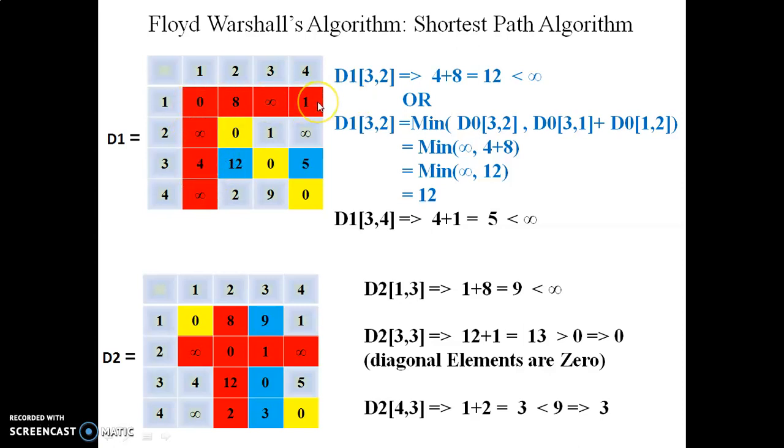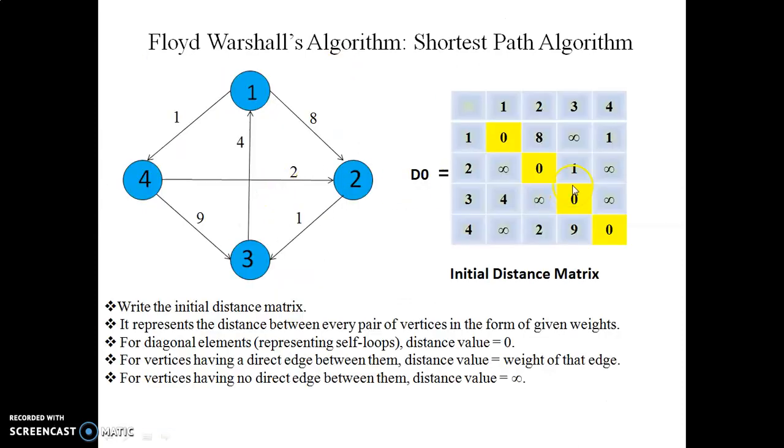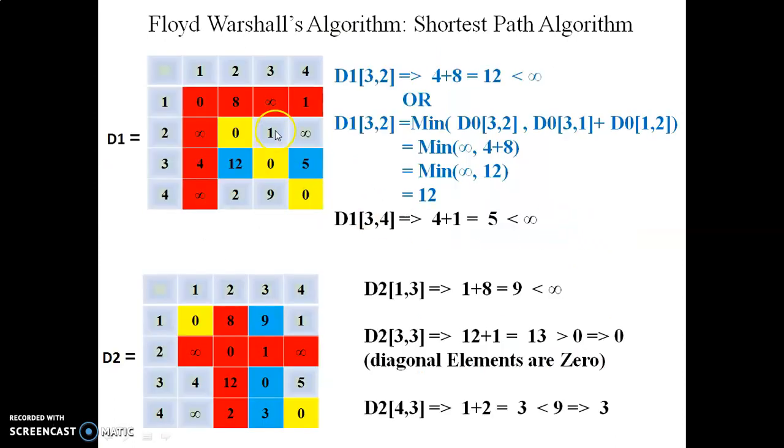Now once you write this first row and first column, you have to observe the infinity index values. Whenever there is an infinity index value, that particular column or that particular row will be marked with the same index values as that of the initial distance matrix. For example, if you consider here, there is an infinity. That means this entire column will be filled with the same index values as that of D naught. Now if you see here, 109 is the same. So this 109 is written in D1.